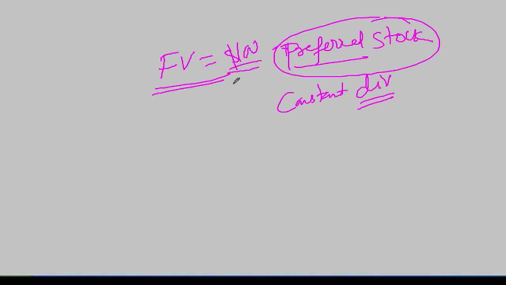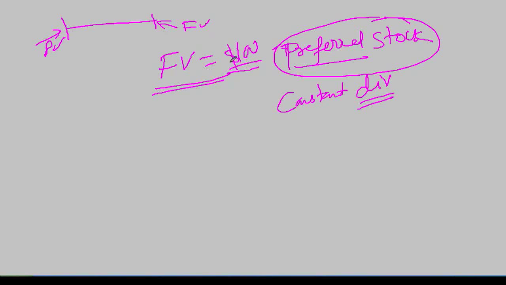All the calculation you will do in the end mode. Do not do it in the begin mode. However, the difference between begin mode and end mode will only come when you have the PMT. When you don't have the PMT, it doesn't matter, because in both begin and end mode, your PV is still there and FV is still there. So only that PMT creates the difference.